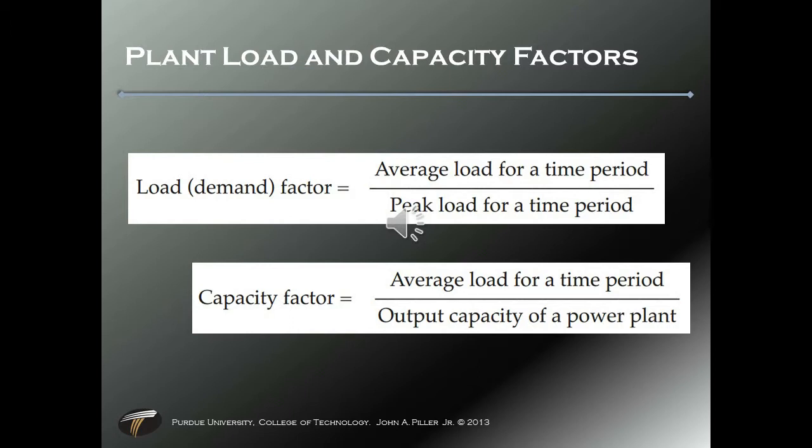Average load on our robot would probably be the robot cruising, not turning, just cruising, with nothing really to sense, so there's no processor activity really going on. That would be our average load. So you can imagine that. The output capacity of the power plant in this scenario would be the milliamp hours of the battery. In the power plant world, we'd be talking about the megawatts that the generator could produce.